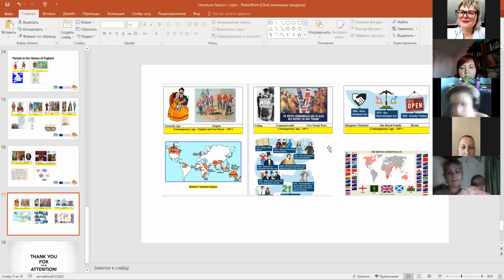And so the contemporary age, the 20th century, not the happiest time, because of lots of unrest. The British Empire starts falling apart. The Commonwealth takes over the empire. So many countries want to be independent. Two world wars greatly affect Britain. And only Margaret Thatcher